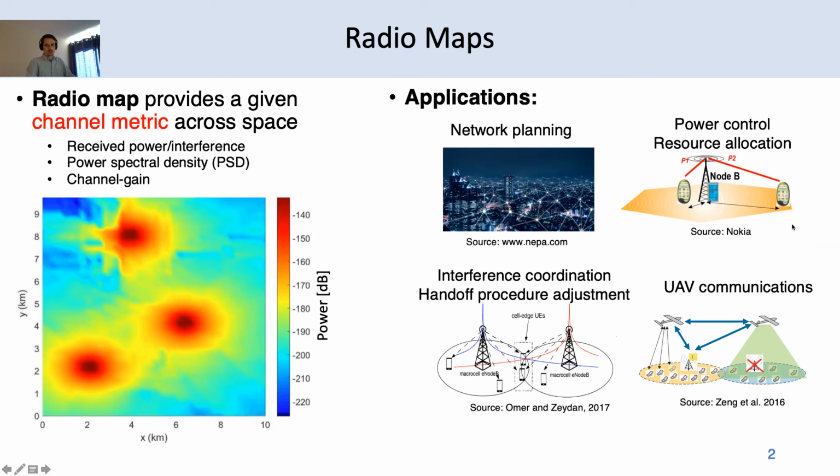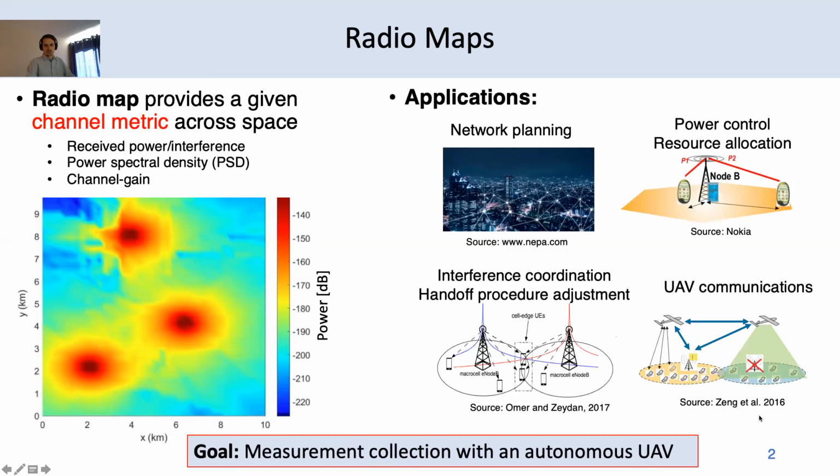Clearly, this finds numerous applications in wireless communications. It can be used, for example, for finding areas with low coverage, controlling interference, etc. Nowadays, they are extensively used in the context of UAV communications. To construct these maps, one measures the metric of interest at multiple spatial locations and applies some interpolation or regression algorithm. So this paper proposes a scheme to efficiently acquire such measurements by means of UAV.